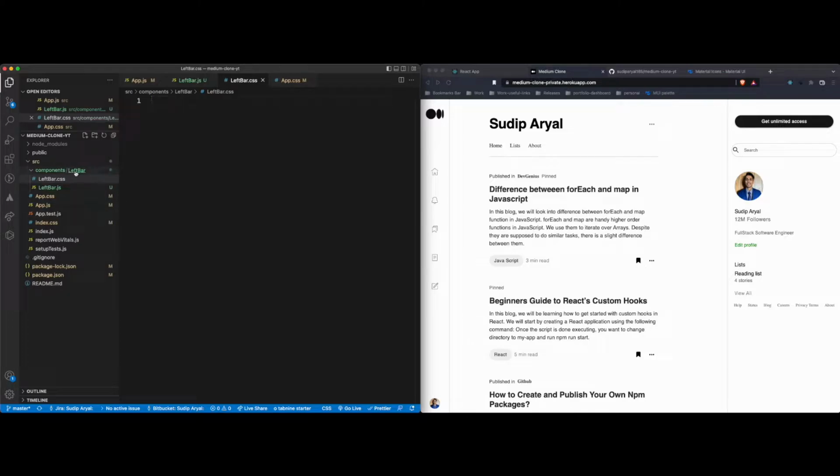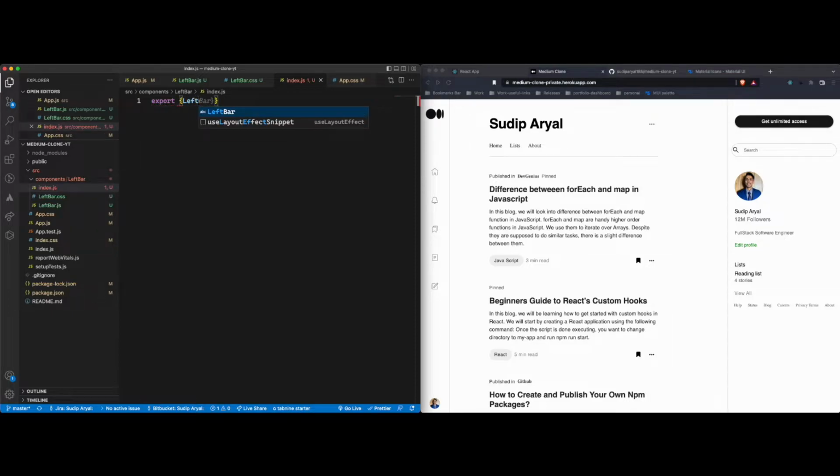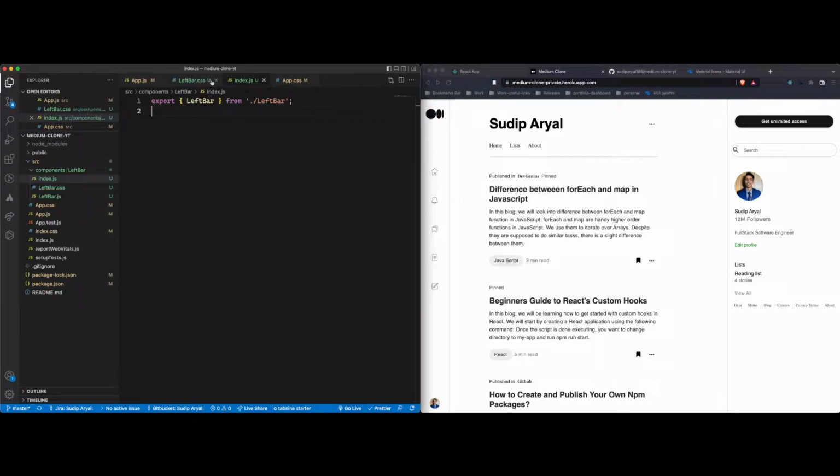leftbar.css, and we're going to create an index.js file here. All it's going to do is export left bar from /left bar. There is a reason to do this: whenever I'm importing this component on the app.js file, I can just do /component/left bar. I don't have to do /component/left bar/left bar. Basically, it just makes things simpler. Well, let's close all of these,